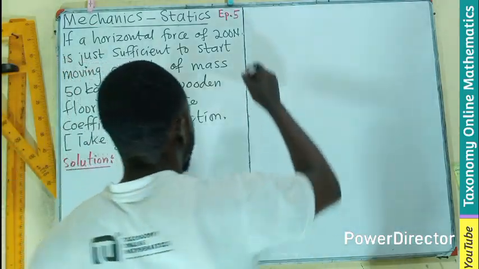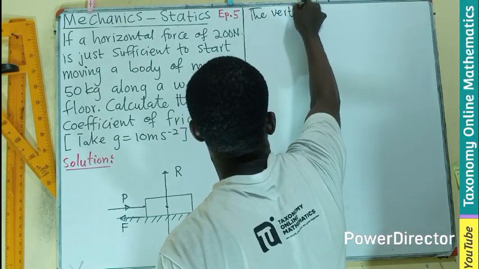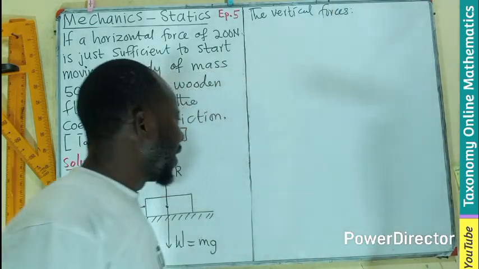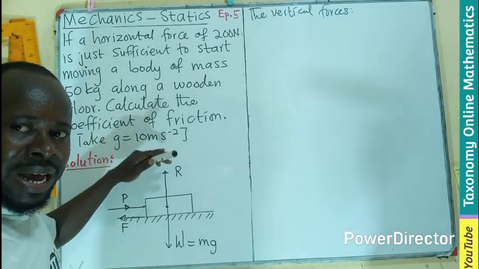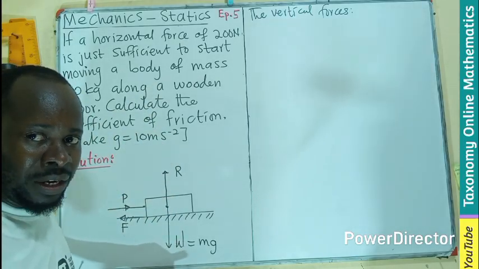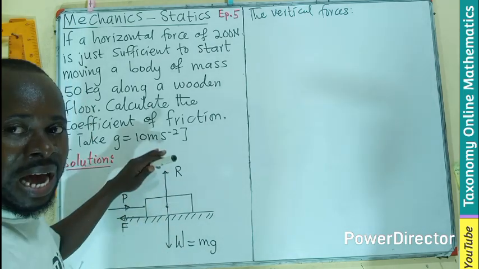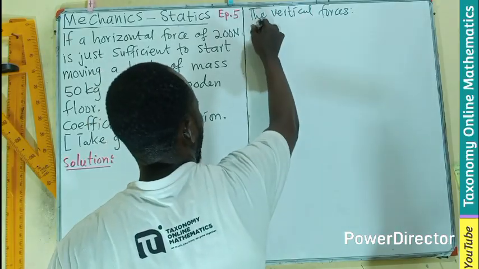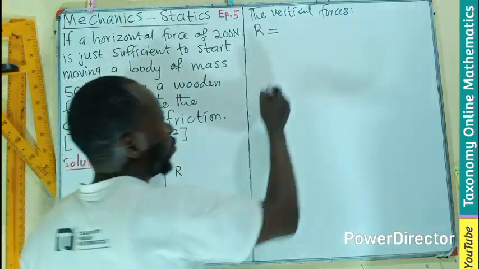Let's deal with the vertical forces and see. So the vertical forces, as explained in the previous episode, is the upward force and the downward force. They are all vertical to the surface. So there is a downward force and upward force. It is equal and what? Opposite. So we know that our normal reaction is equals to the weight of the body, which is going to